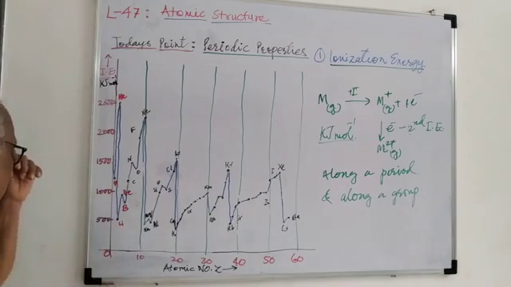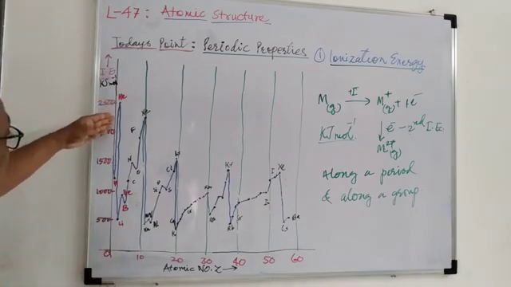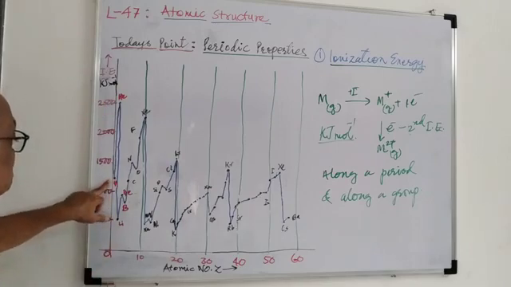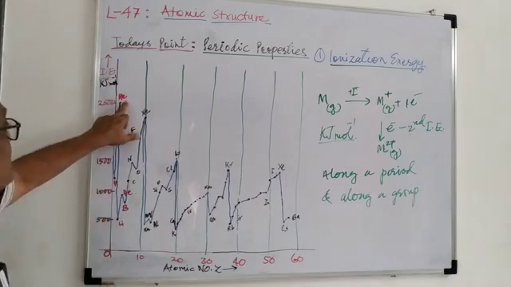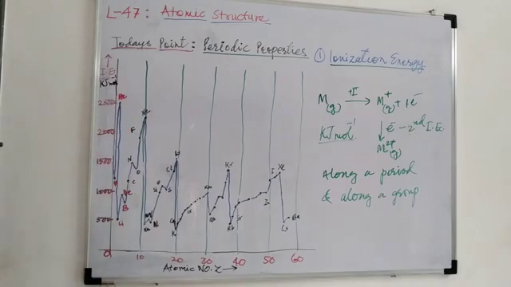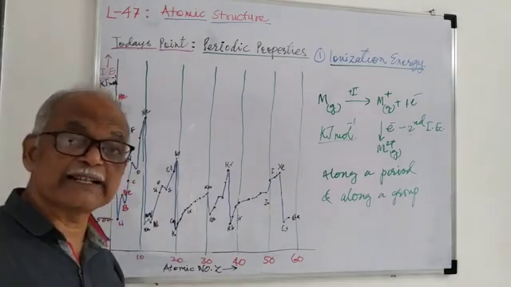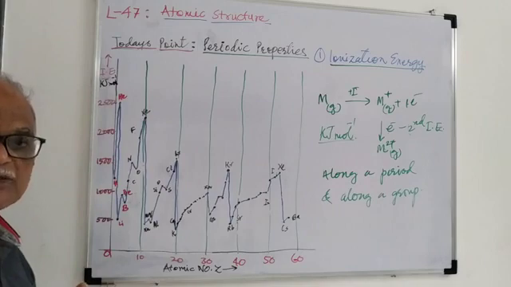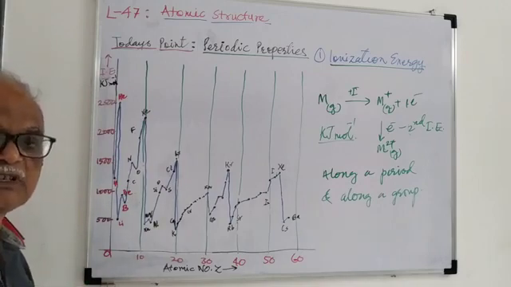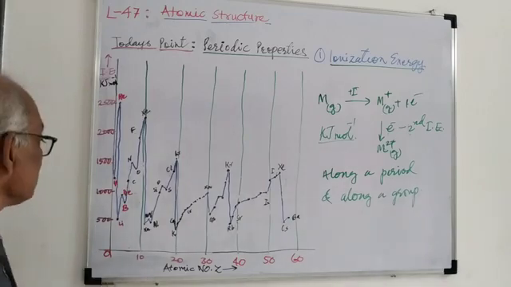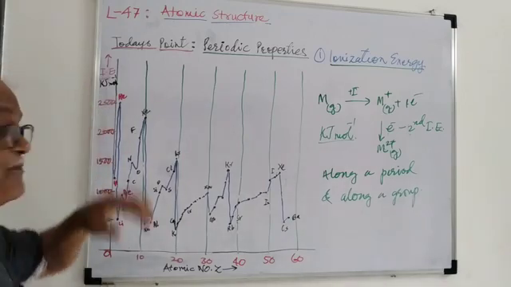Why is it so? This is because of the distance from the nucleus. Hydrogen has a 1s orbital, and helium also has a 1s orbital. So helium and hydrogen have their last electrons in the 1s atomic orbital, which lies very close to the nucleus. Therefore, the electrostatic force of nuclear attraction exerted on these electrons in 1s is very strong. So their ionization energies are relatively very high.